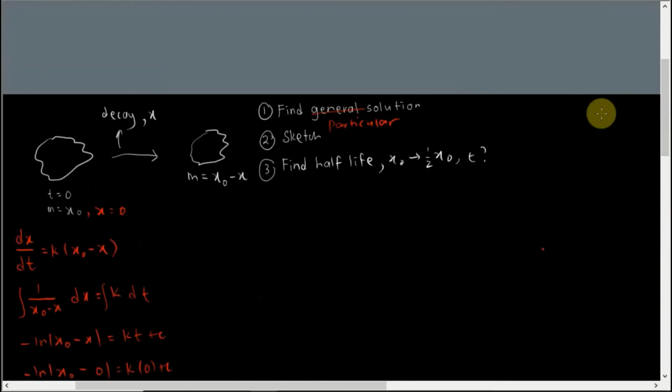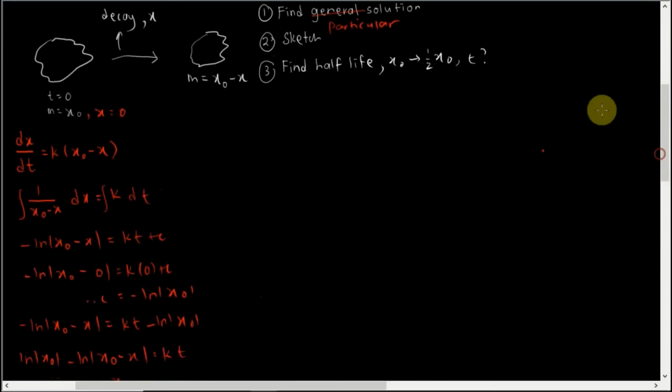Okay, this one, find the particular solution. Next part is sketch. First, let me just write what we have. The answer before this, we got the answer to be x equals to x naught (1 minus e^(negative kt)). This is what we have. So to sketch this,